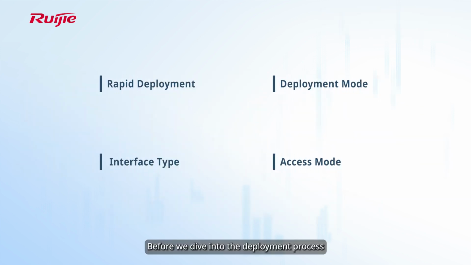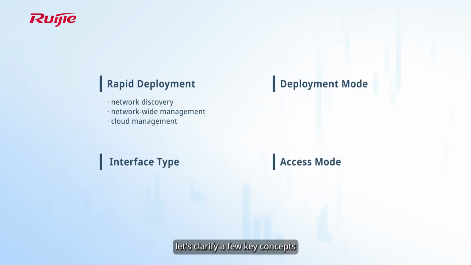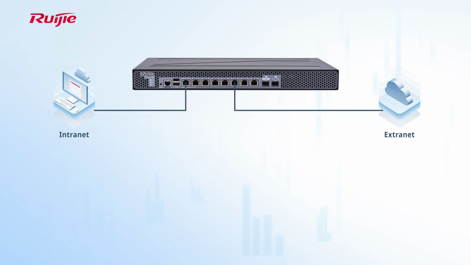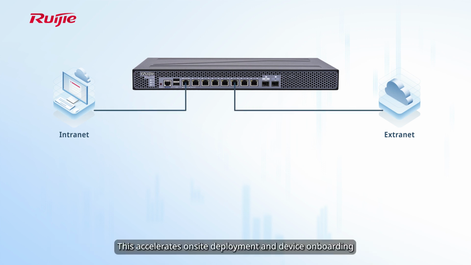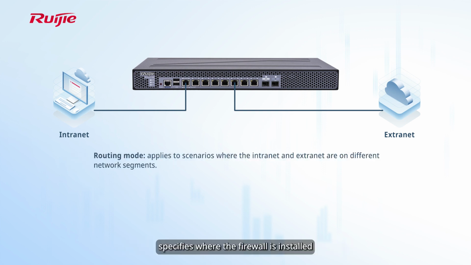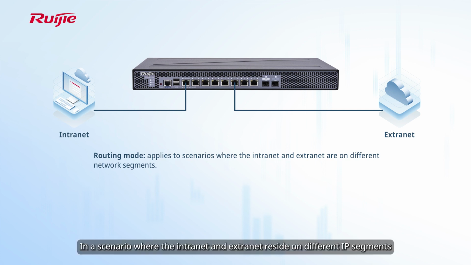Before we dive into the deployment process, let's clarify a few key concepts. Rapid deployment allows you to quickly add a firewall on the live network using the network discovery function. This accelerates on-site deployment and device onboarding. Deployment mode specifies where the firewall is installed. In a scenario where the intranet and extranet reside on different IP segments, deploy the firewall in routing mode at